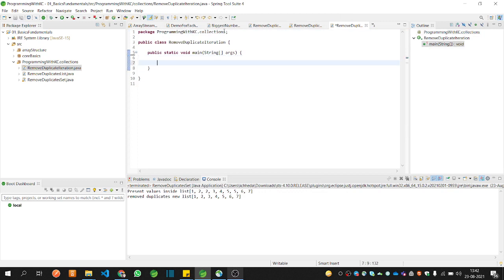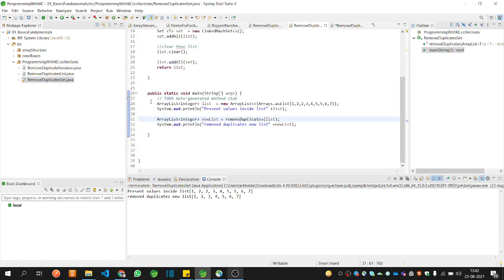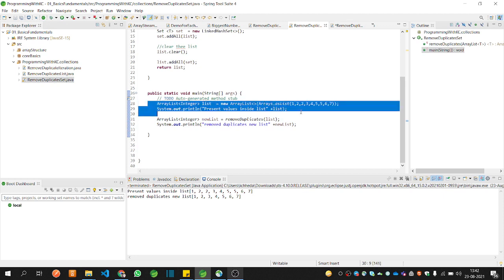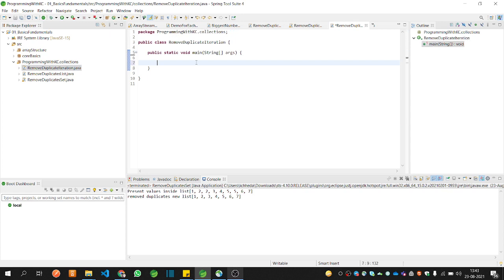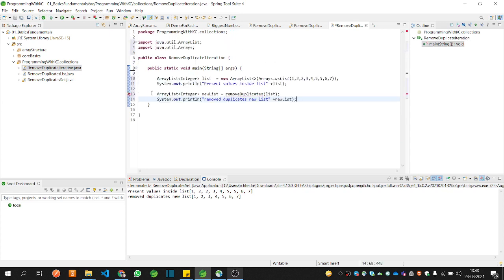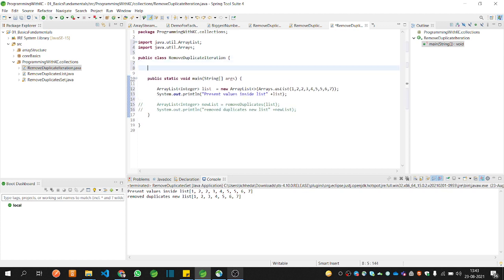So now first we have to create the list. To create the list we will simply take this from the last video, because this is the simple way to create the list and add all the elements from this. And I also want this part, because I want to print the list which contains no duplicate values, so simply create this and paste it over here. This is the same method, right? We had already typed this, that's why. For now I am just commenting this because I have not yet created that, so we will comment this and simply create the method first over here.